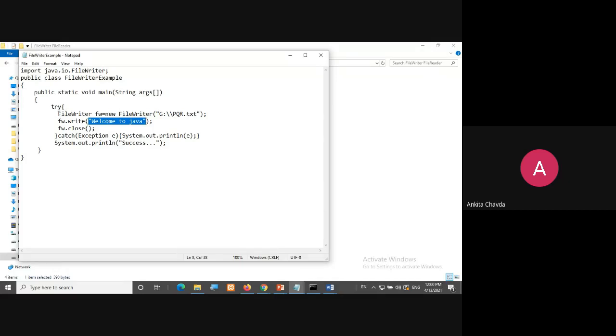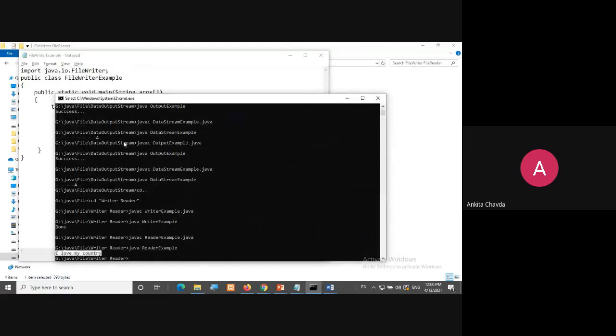You are only creating the object. You are directly writing with fw.write. So it's over. You are closing. So in character oriented streams, to read and write is very easy compared to the byte oriented streams. Right?